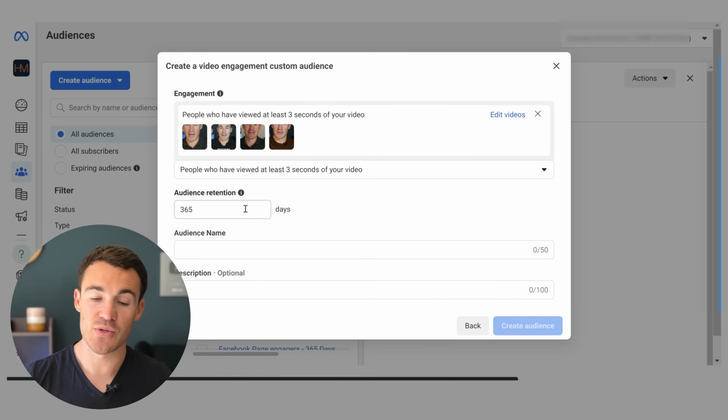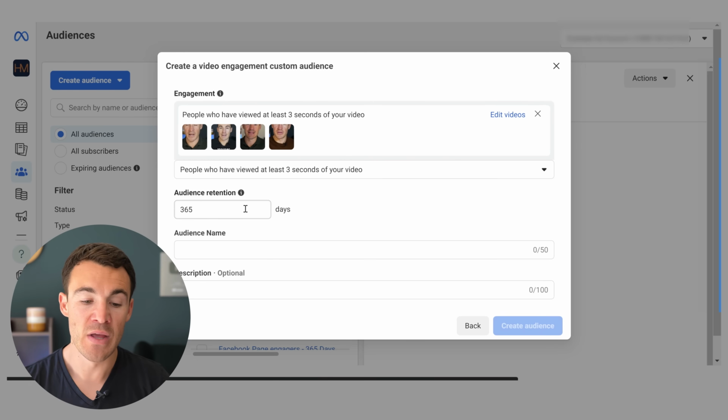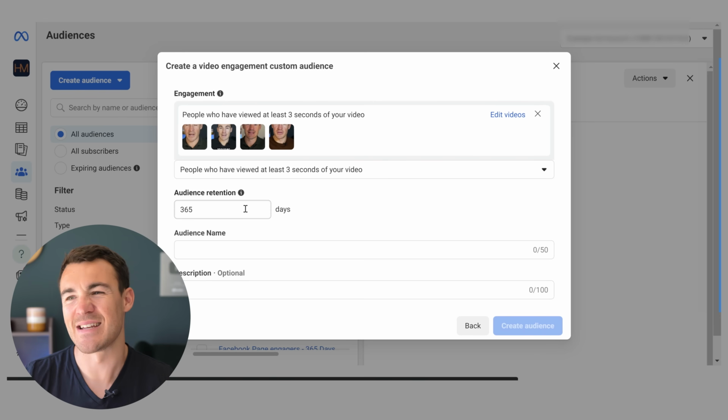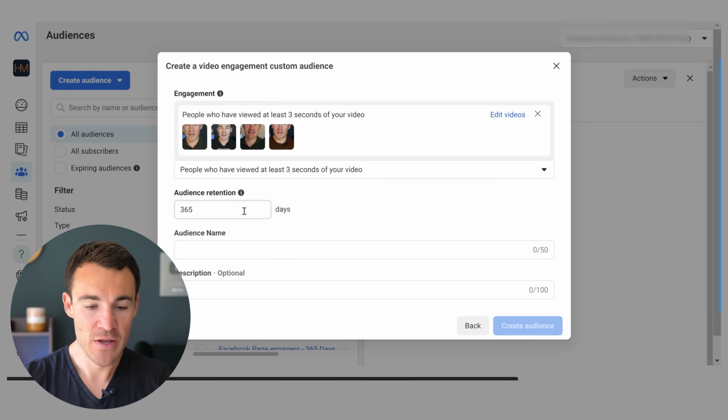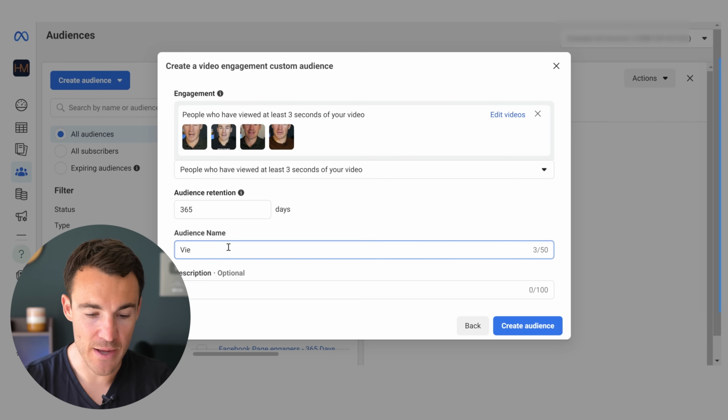You'll find that with meta sources, things that take place on platform, you get much longer audience retention windows. It's seen as a little bit less of an invasion of privacy than tracking people around other places on the internet. It's like, look, you're on our platform, we can see everything on here. It is what it is, okay? So I would call this, for example, now video viewers